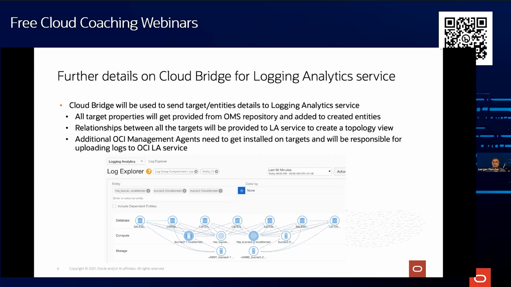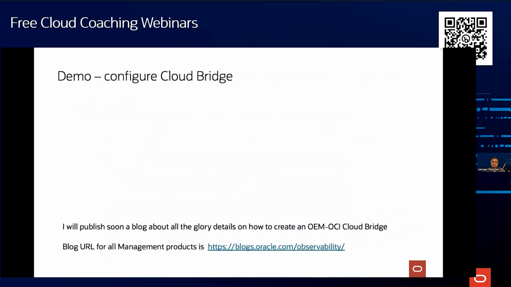This means you have in logging analytics later on a topology view of your stuff from OEM. You do not have to create all those associations, and then all those, let's say for the database, all the connection strings to connect to the database, all the properties will be part of it, which will make it easy later on to collect logs from it. To collect the logs, additional management agents will need to be installed on the target host to upload the logs. So the Enterprise Manager agent is not able to upload the logs. So with that said, let me switch